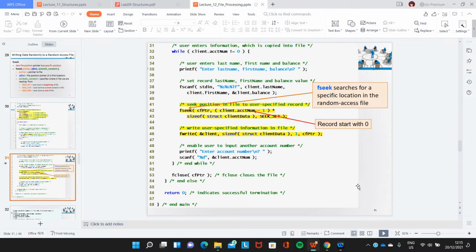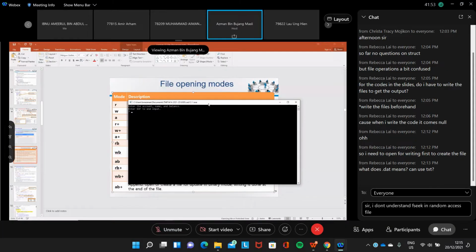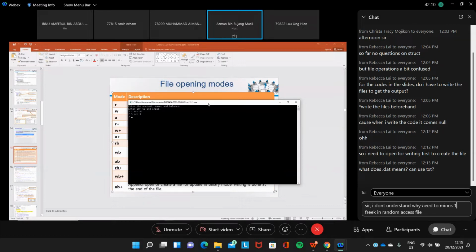So when you run the program just now, like this one that I ran, you enter the account, the account name and balance. And then we create another one: account number, name, and then balance. And then we enter the end of file. So we have two data records in there.